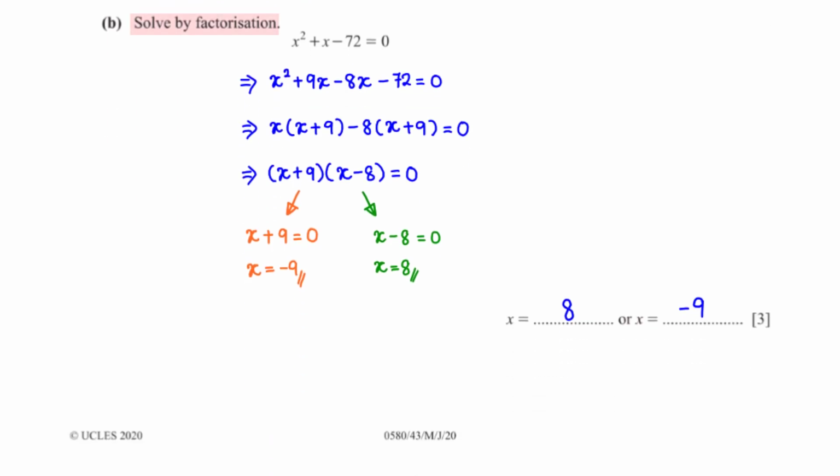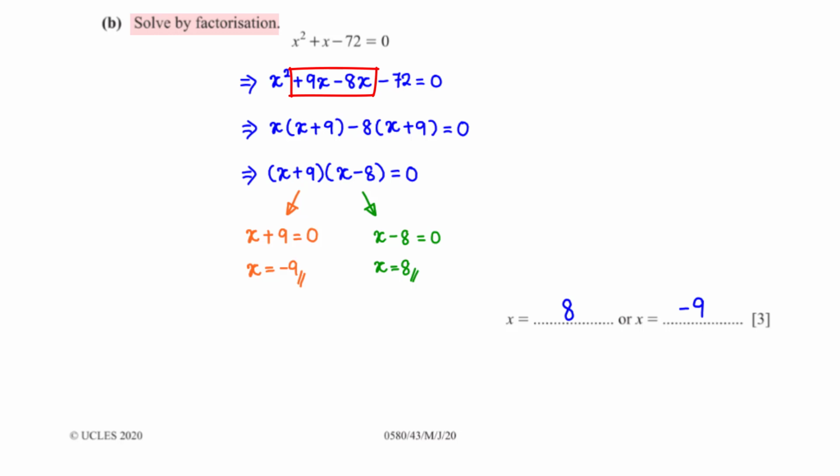Solve by factorization. x squared plus x minus 72 equals 0. So first, we rewrite x as 9x minus 8x. Notice that we picked 9x minus 8x because the product of 9 and negative 8, which is negative 72, is the same as the product of the coefficient of the x squared term, which is 1, and the constant term,